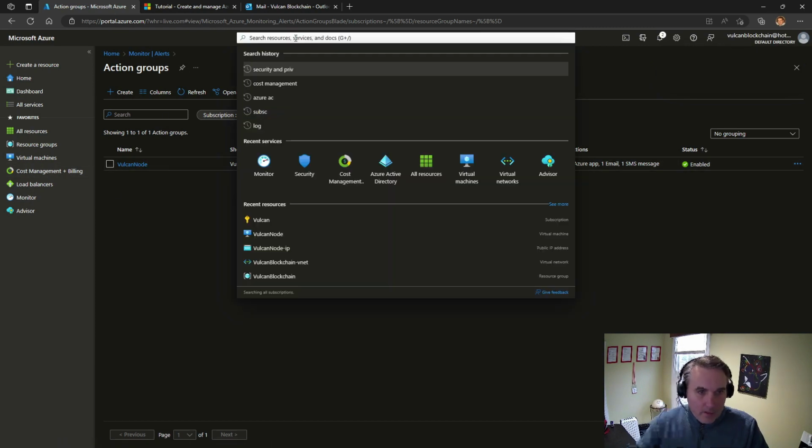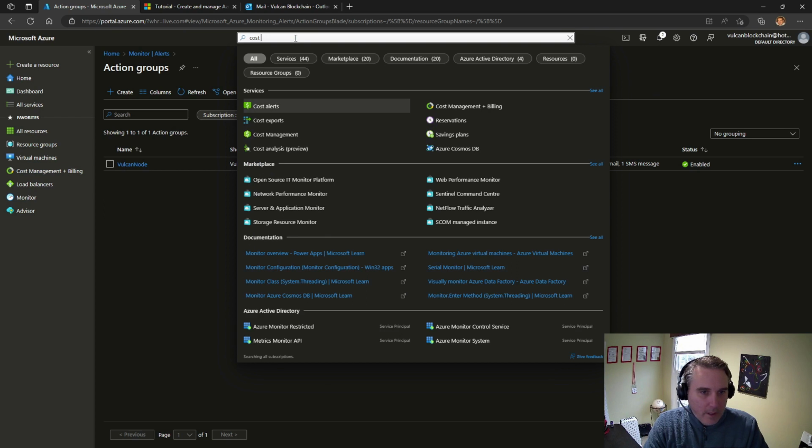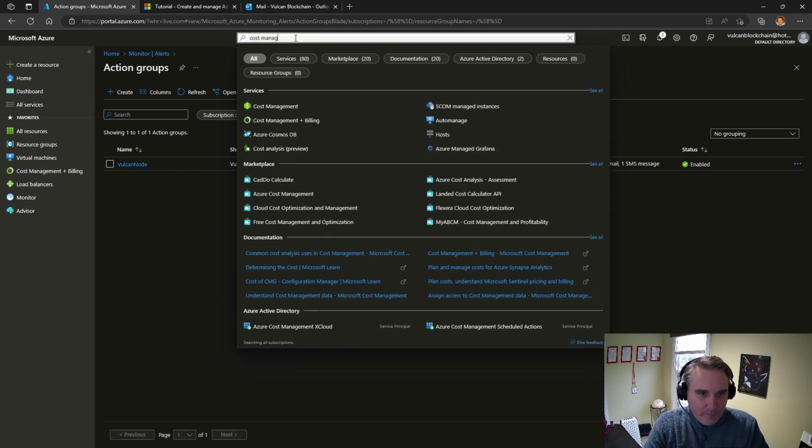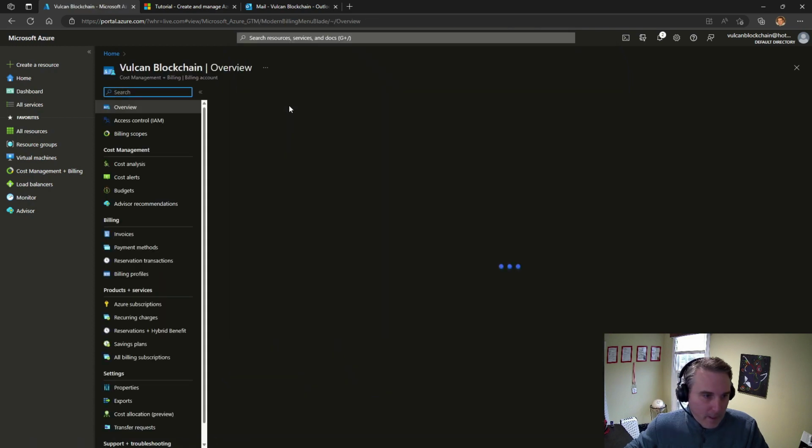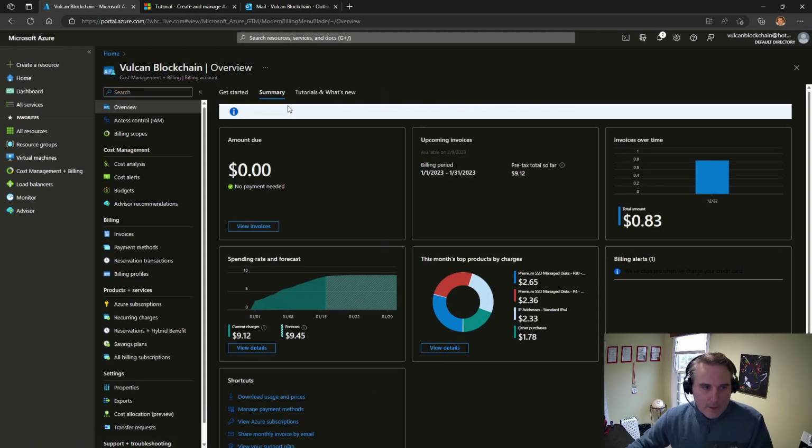So next, you want to go back up to the search and type in cost management, all right, and then this cost management and billing should pop up. So I'm going to select that one. This overview here is pretty good. It gives you that sort of 30,000 foot view of the costing for the subscription. I think I'll be spending a bit of time in here just getting an understanding as we go month by month,